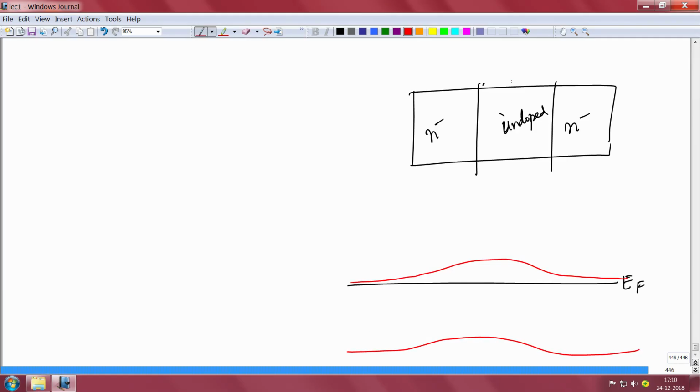Okay. Suppose I have a sheet of very highly doped P plus here. How will it look like? Then that will pull the band up. So it will be like that. It will pull the band up, because the P type will try to make the Fermi level come closer to the valence band, right? So those kind of things are conceptual dependent, and you should be able to do that.